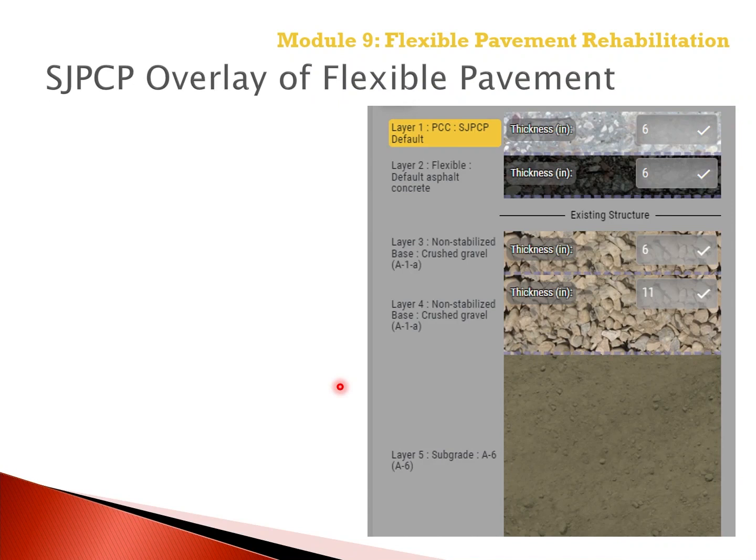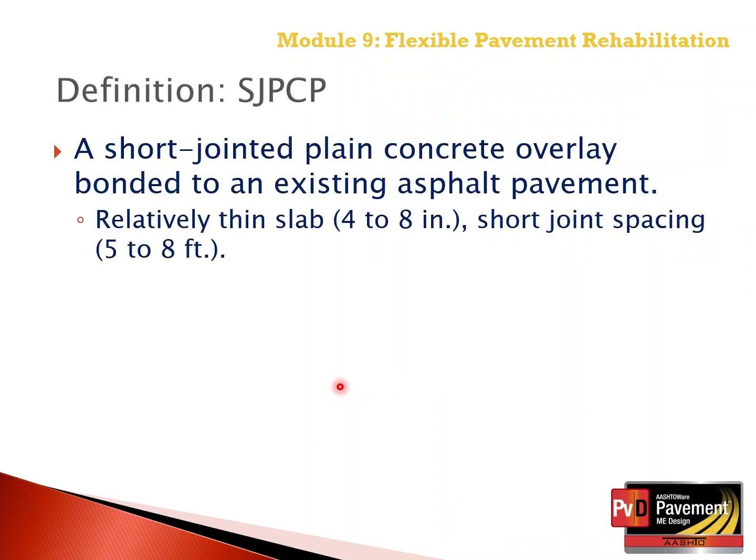Kind of the last item now for concrete overlays of flexible pavements is going to be on short jointed plain concrete pavements above the flexible pavement. The definition is a short jointed plain concrete overlay is bonded to an existing asphalt pavement. These are relatively thin slabs, 4 inches to 8 inches, and they have short joint spacing, generally 5 by 5 to an 8 by 8 foot slab, depending on the dimensions or the lane width of our flexible pavement, as well as other